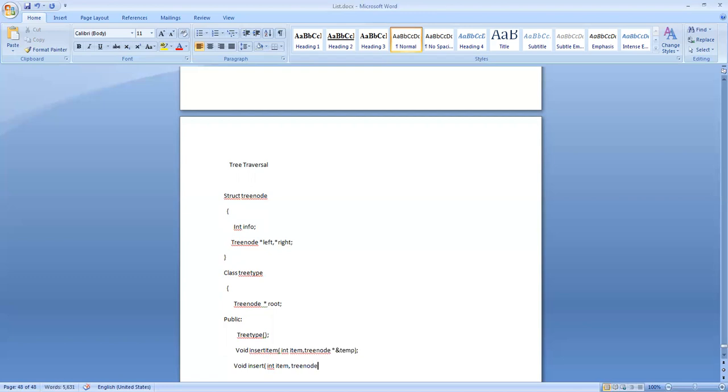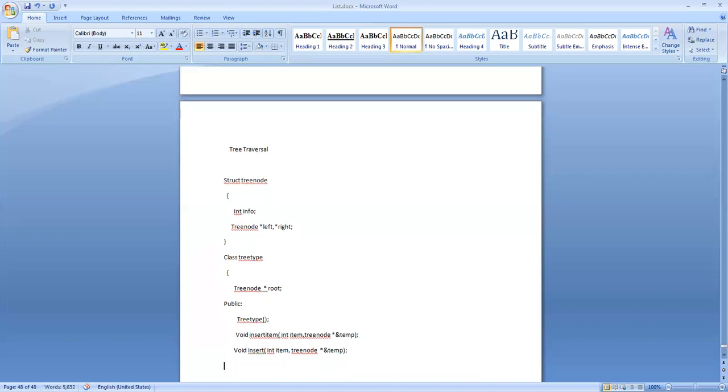Tree node star. Then I need a function for in-order traversal.